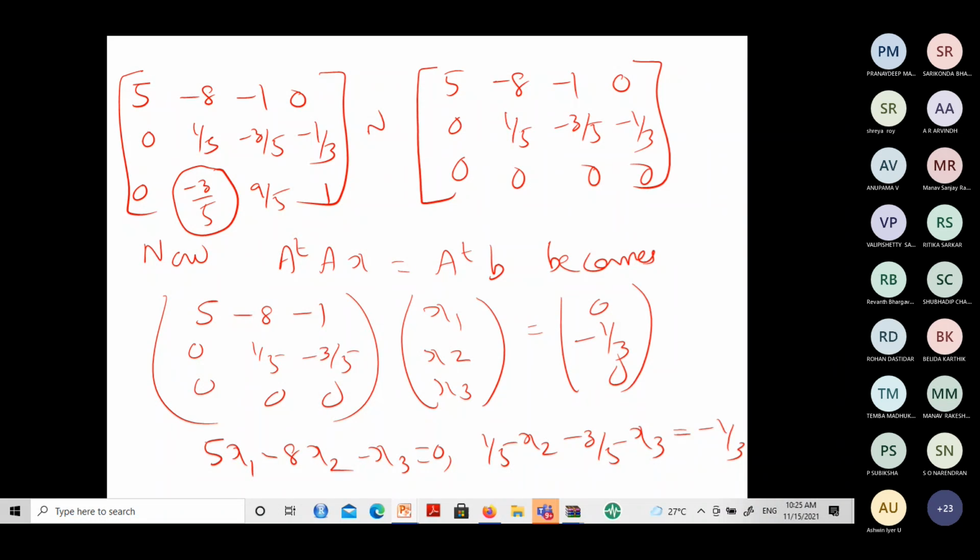After completing Gaussian elimination, there is a confirmation that the third row is a linear combination of the first and second row. So the third row becomes a 0 row. I'm just leaving that, considering only the first and second row. So we are left with two equations but three variables. It is very obvious that the system will have infinitely many solutions. So we are trying to find that. After finding, just assuming one value of t or substituting one value of t, you are getting one solution, a least square solution for this equation. So that one part of the question is over.